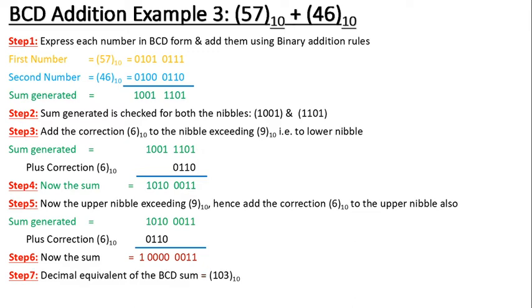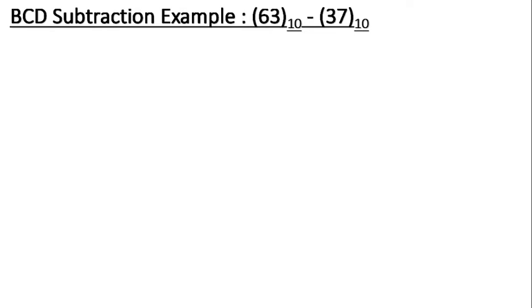So we can write step number 7 here, decimal equivalent of that BCD sum generated in step number 6 here, that is equal to 103 decimal. So this is the extreme example of that BCD addition. Okay, and once we carry out that BCD addition examples here, now it is the time to go for the BCD subtraction. So here is the first example, BCD subtraction example,